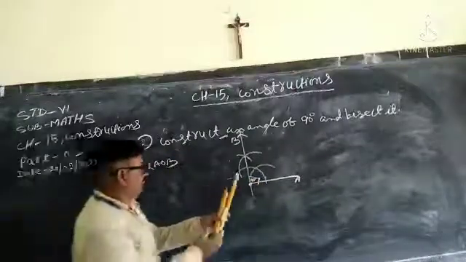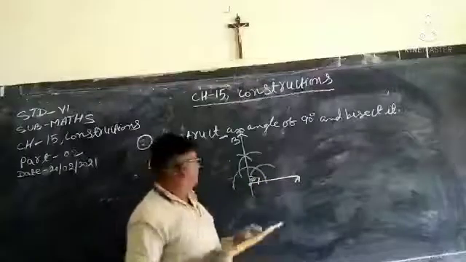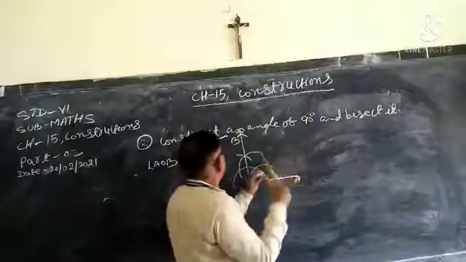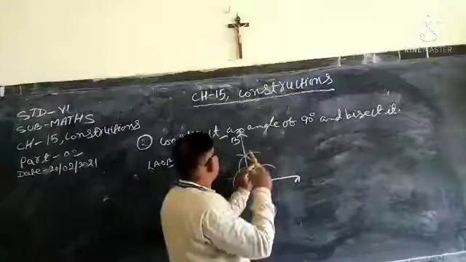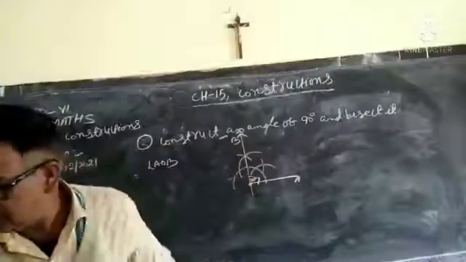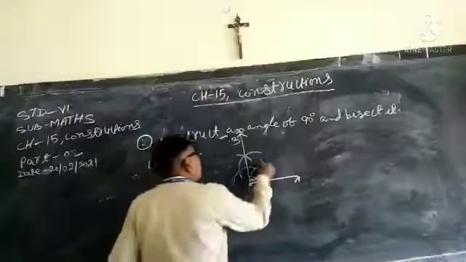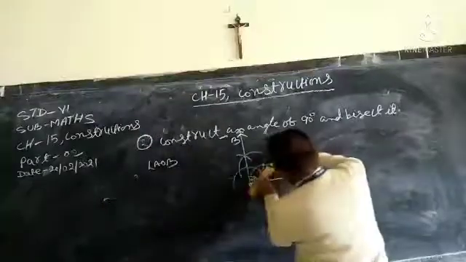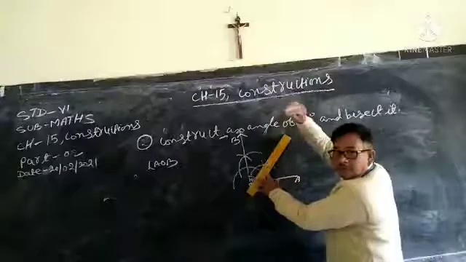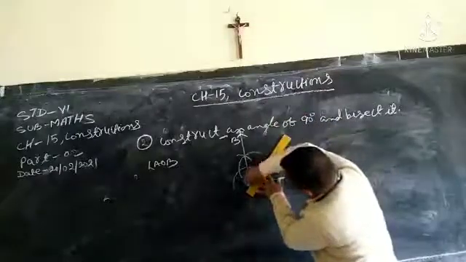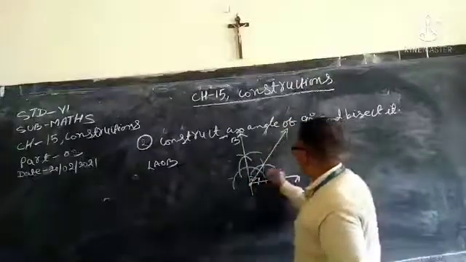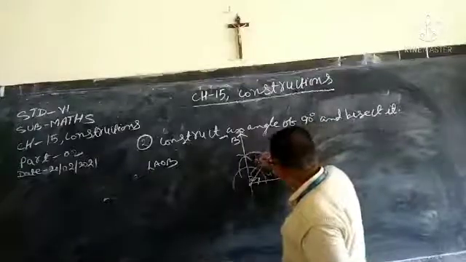Now what you are going to do? You are going to bisect. First step, take this, and again where this 90 degrees is going to touch. Now see this one. It is 45 degrees. Now meet the point. Please do it properly. See, both came now. This is 45 degrees and this is 45 degrees.